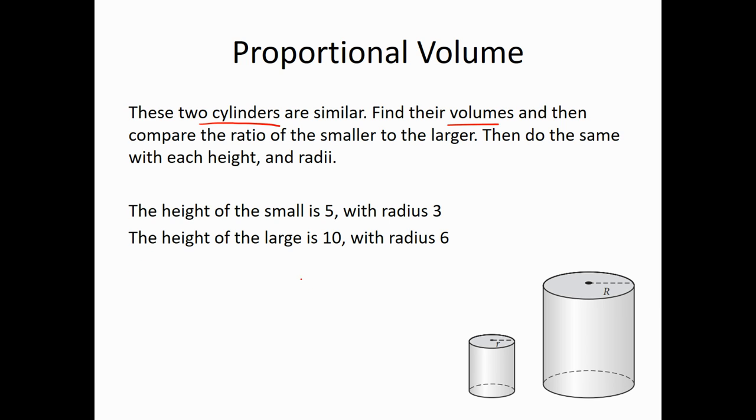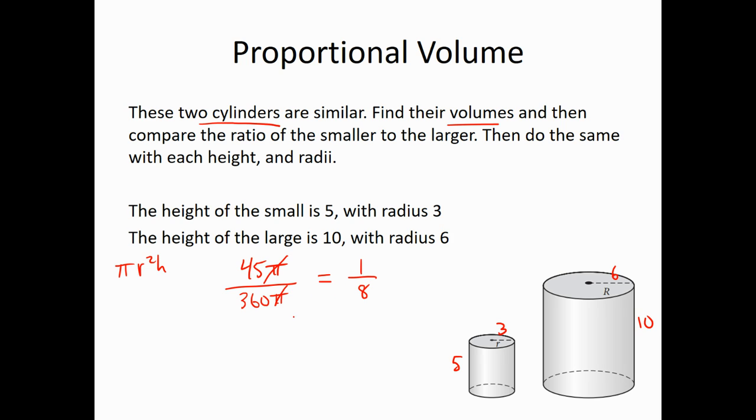So the height of the small one is 5, the radius is 3. If we plug that into our formula, pi r squared h for the volume, the small one is going to be 45 pi, because 3 squared is 9, 9 times 5 is 45. Now we do that with the large one, so 10 and 6. So we do 6 squared times 10, which is 360. Okay, so then to see a pattern here, pi's cancel out,